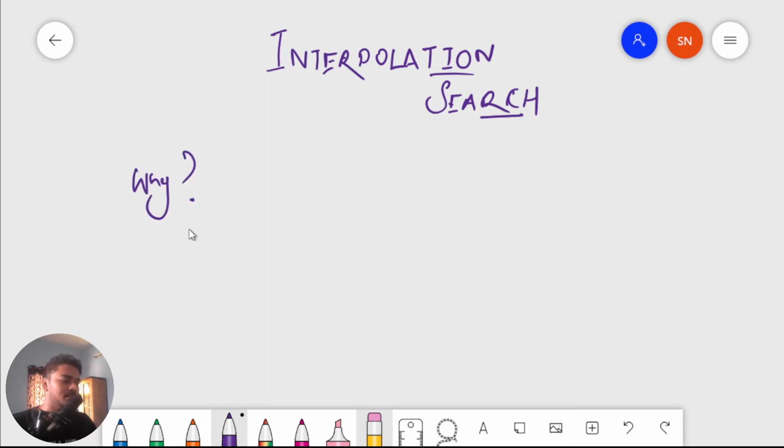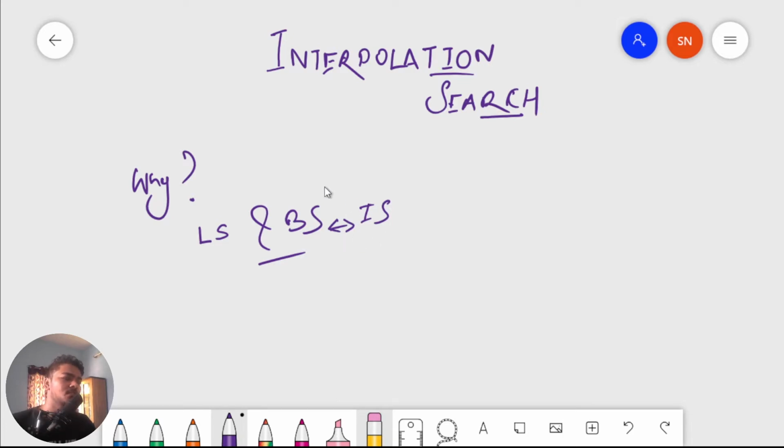So we need interpolation search to search whether an element is present in a list or an array or not. Now you may say, well, that is what is already happening with linear search and binary search. That is exactly what we do, and you're totally right. That's what we do, and in fact it is totally equal to binary search. You'll see how this is totally equal to binary search, but it is a very fine optimization over the binary